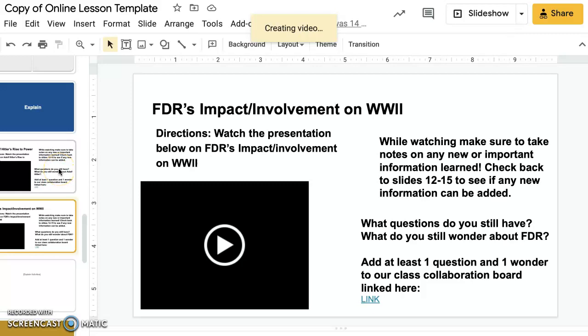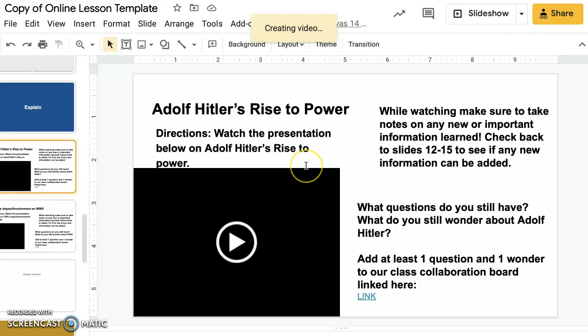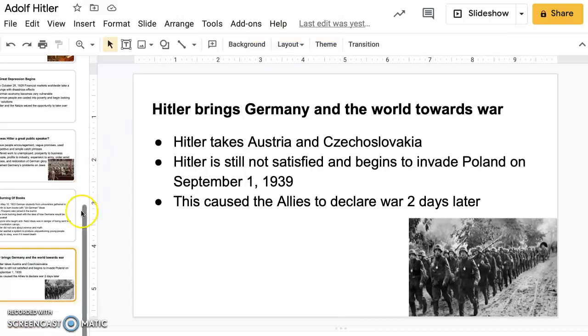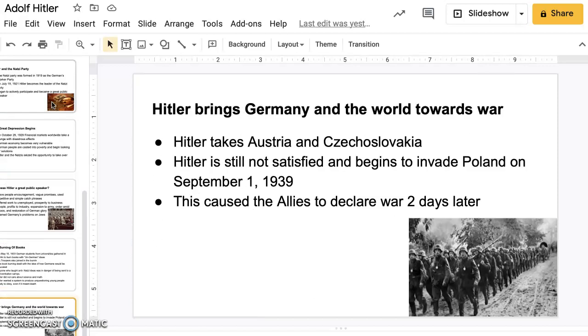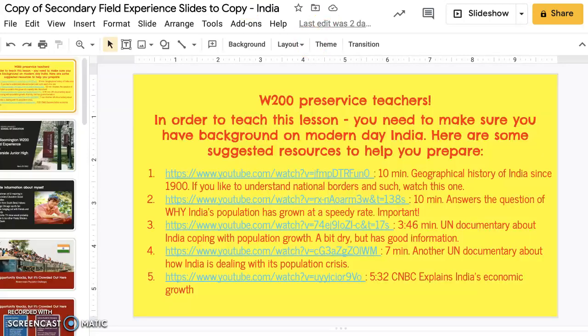And I'll be using the Google Jamboard for this. So basically, in my lesson module, the way I'll use this is I'll show this video right here, which will go to a screencast of this presentation. So I'll go through all this, and then students will read all these facts and listen to what I had to say. And then once they take that information, we go back to the online lesson module.